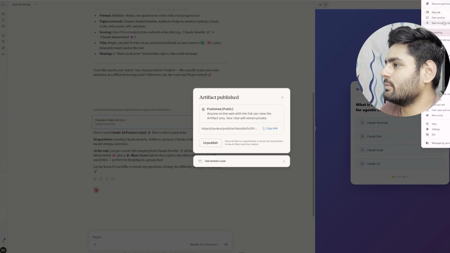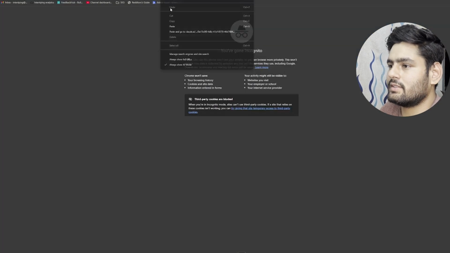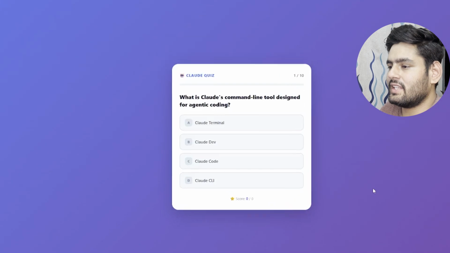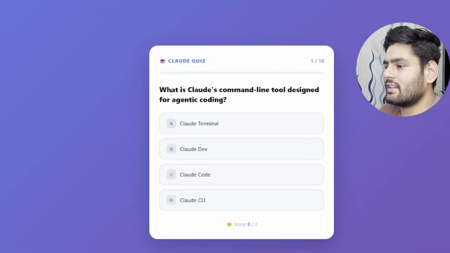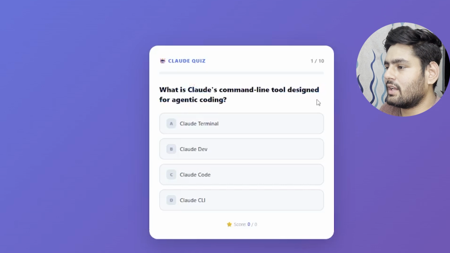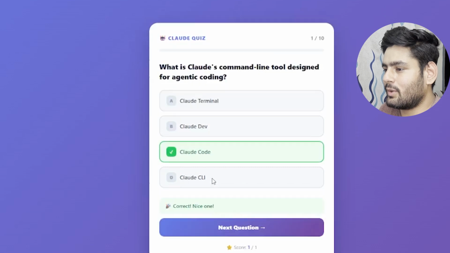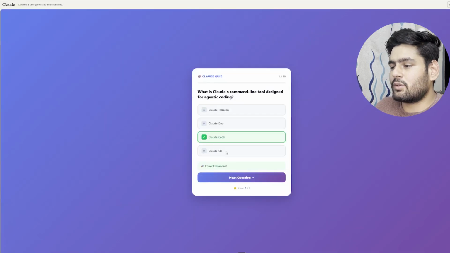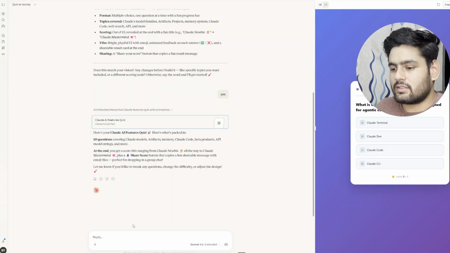So let me open a new into another window. I will paste this here. As you can see, it's open now and it is asking us a question. What is Claude command line tool designed for agentic coding? I think right now it's asking us question related to Claude, but I know the answer, so I will say Claude code. But yeah, it is asking us the question related to Claude, so we have to go and change it. I will ask it to ask the question related to only Claude projects,